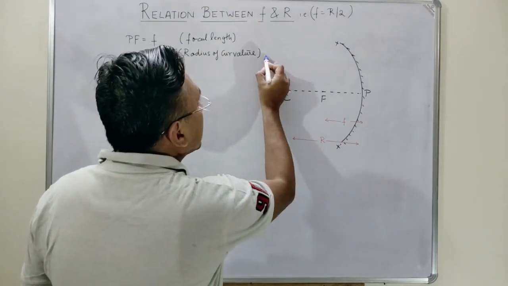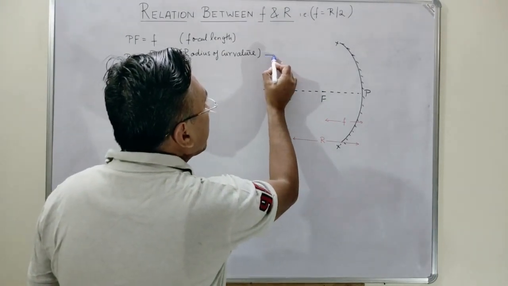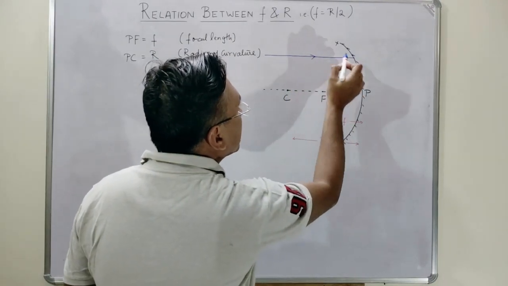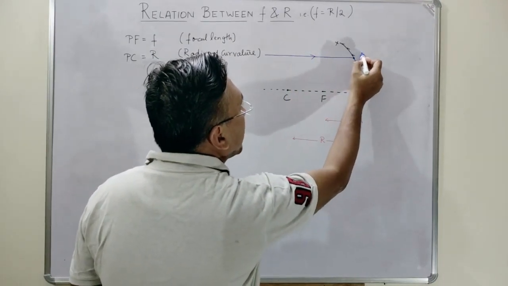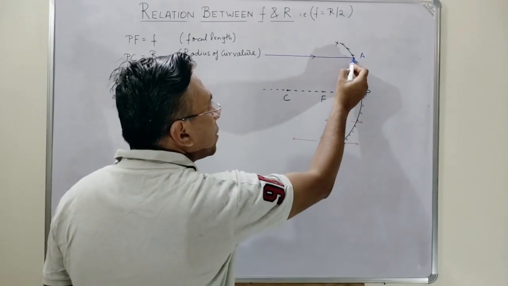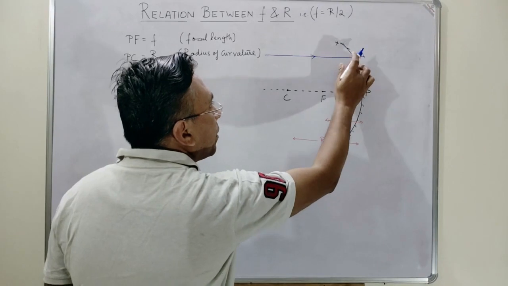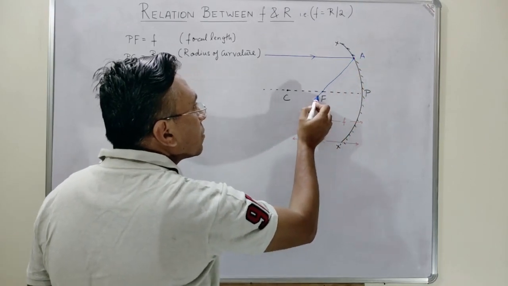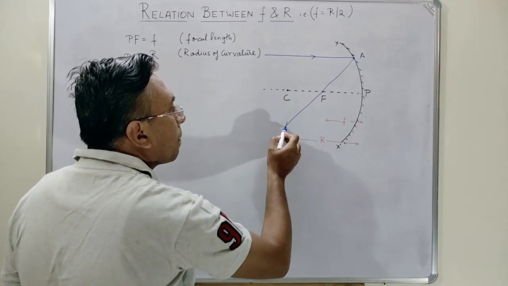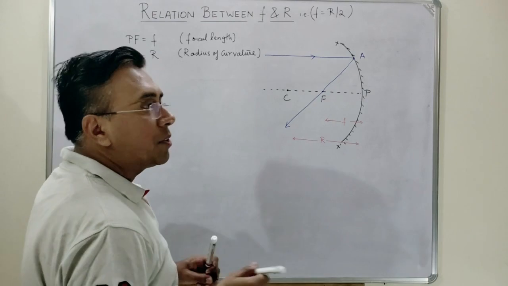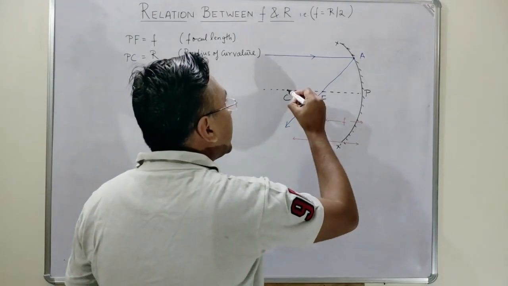Let's consider an incident ray parallel to the principal axis striking this mirror, say at point A. Now after reflection, the reflected ray will pass through the principal focus like this. Now from C, if I connect A,